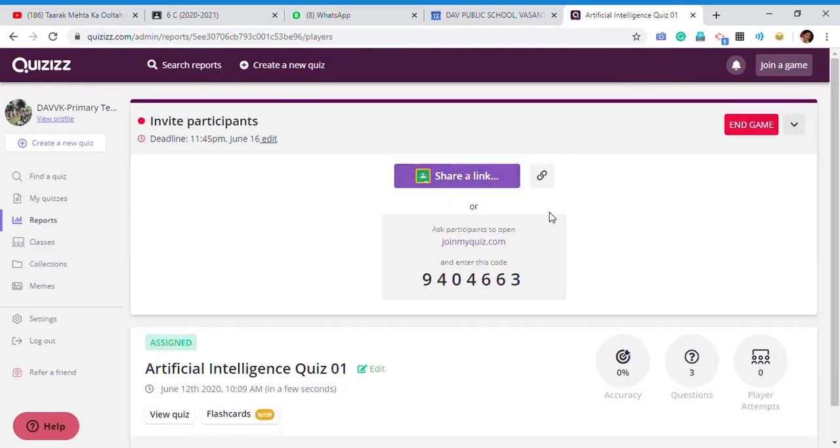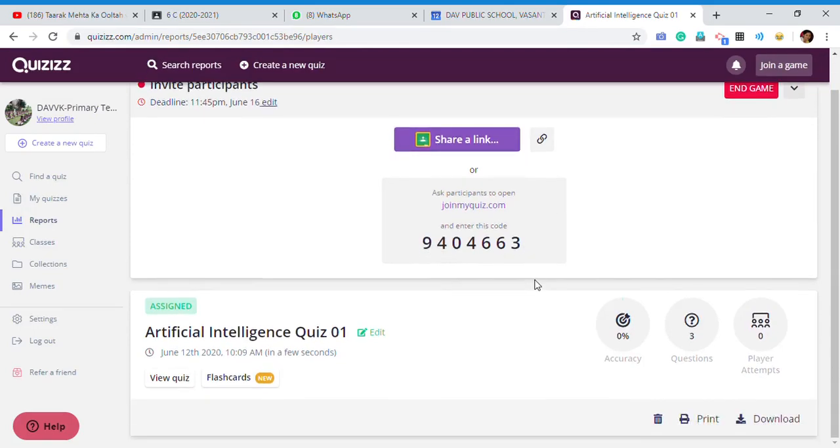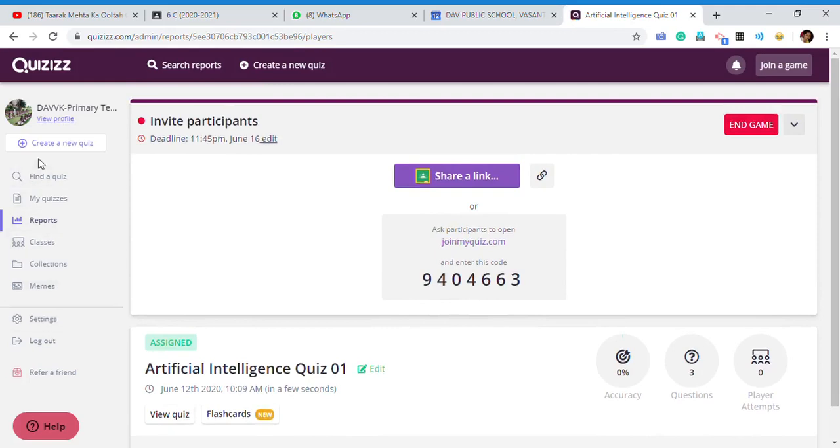After clicking on continue, you will get the shareable link, and the game code, and also the option for your class. But here I have not created any class, that's why the class does not appear. So you can copy the link by clicking on this. Click on it, the link is copied, it is visible here. And if you want to share this with your game code, then you can select this and right click and copy. So both the options are available.